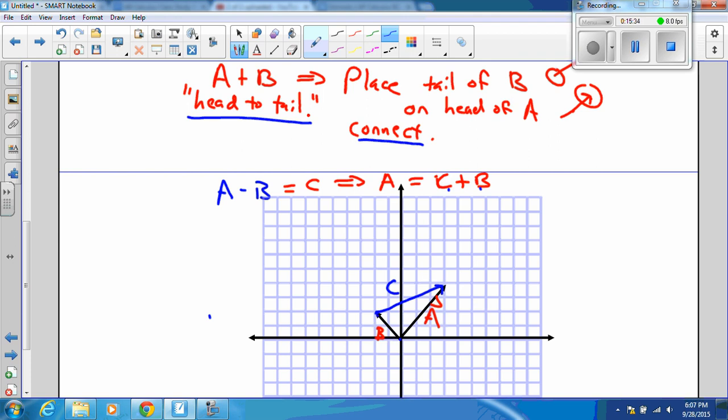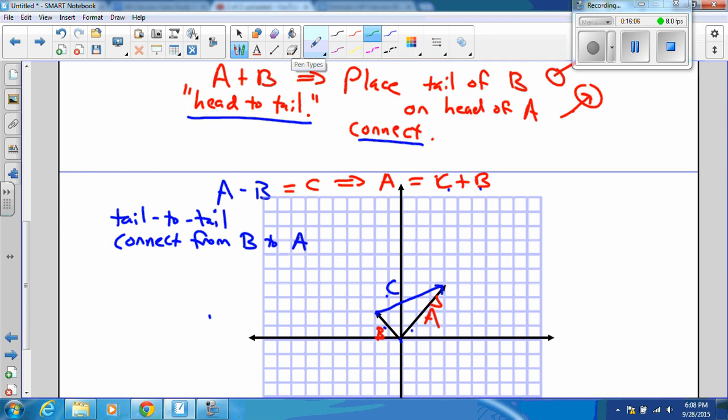so that its tail is on the head of B. Now I'm going to draw B, C, and connect. B and C are head to tail. Then that is equal to A. So C has to be the difference between A and B. Well, okay. So what can we say about this? Well, we subtracted by placing the vectors A and B tail to tail, and we connected